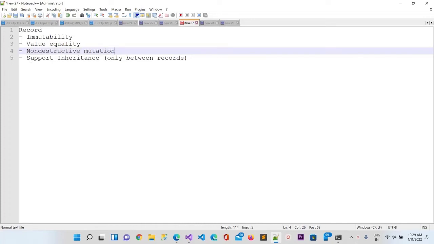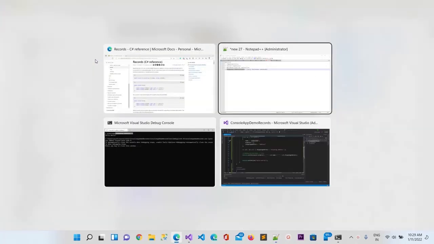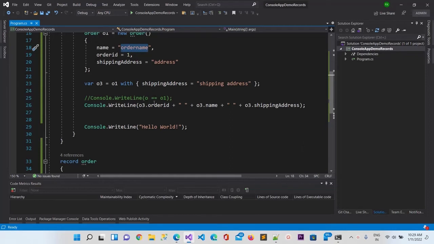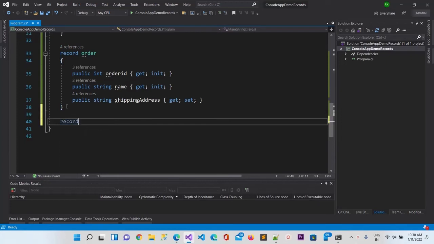Now one more thing related to records: they also support inheritance. So how can we achieve that? Let me create one more record named Customer.